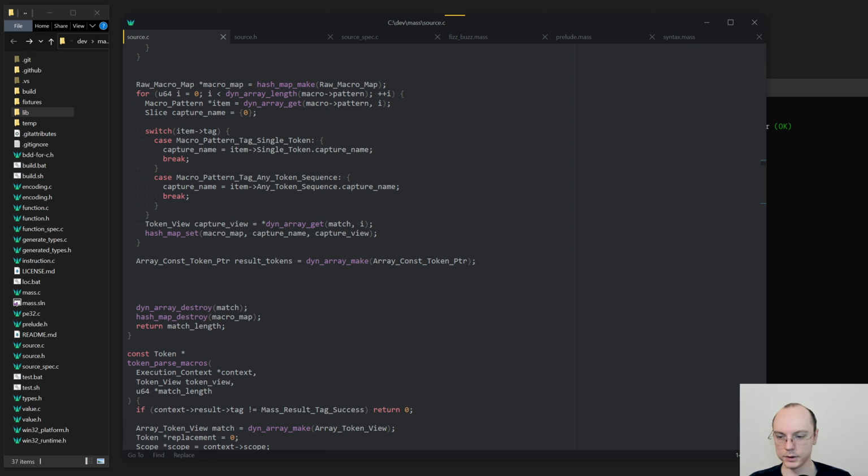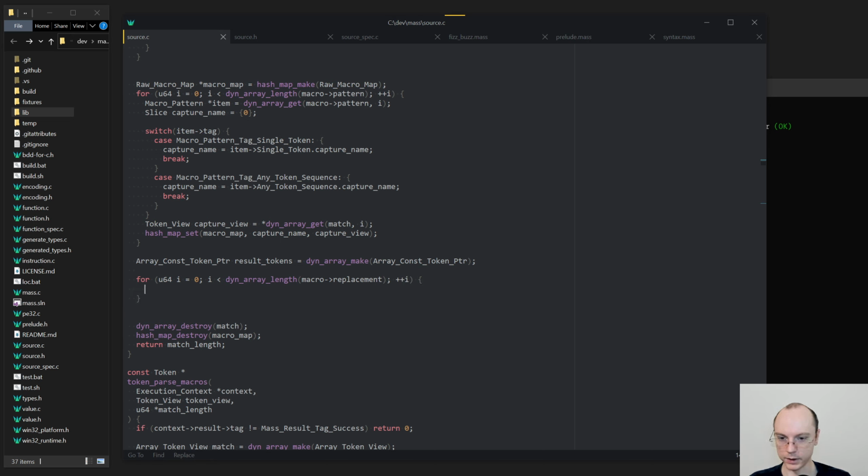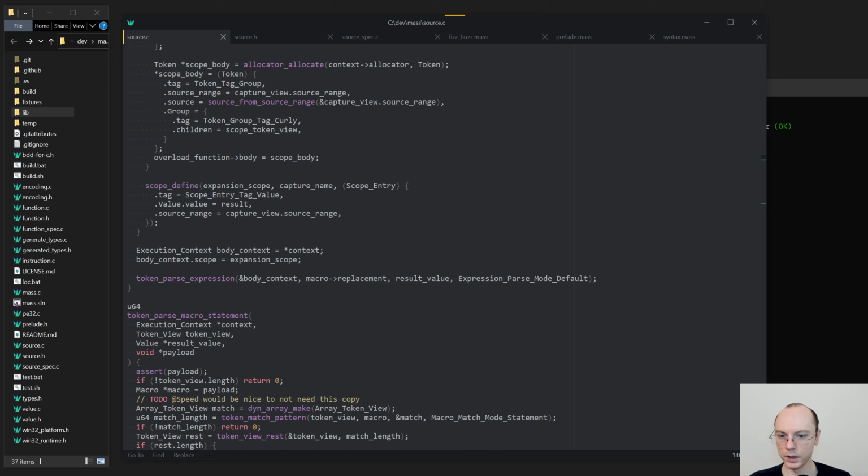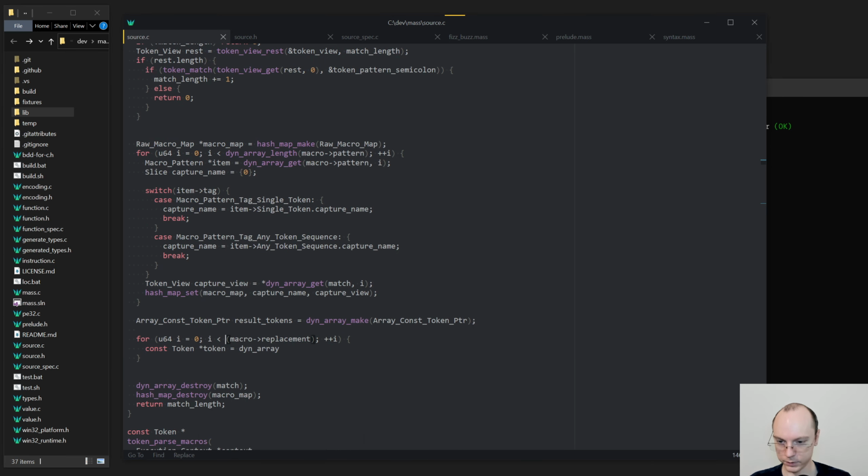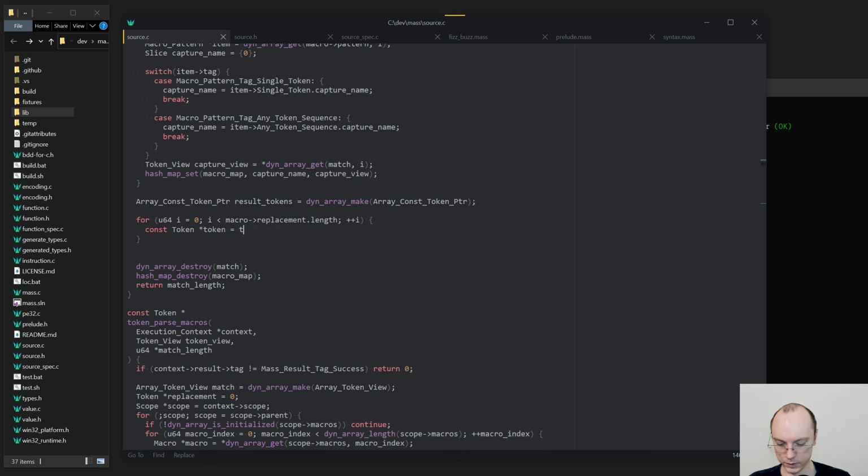Okay. So result tokens, right? So for u64 i is 0, i is less than dynamic array length of macro replacement. Now we get the token. Token star token is, wait, is macro replacement, right? That's a token view, so we don't need to have that. Instead, this would be macro replacement length, and then token you get macro replacement i,